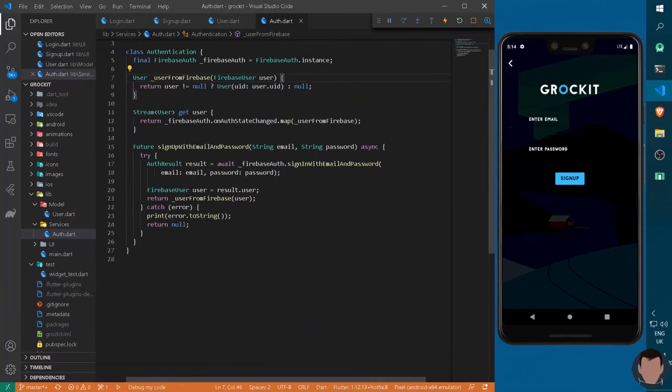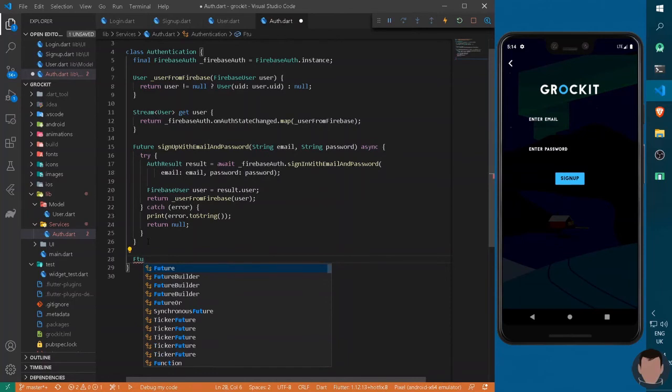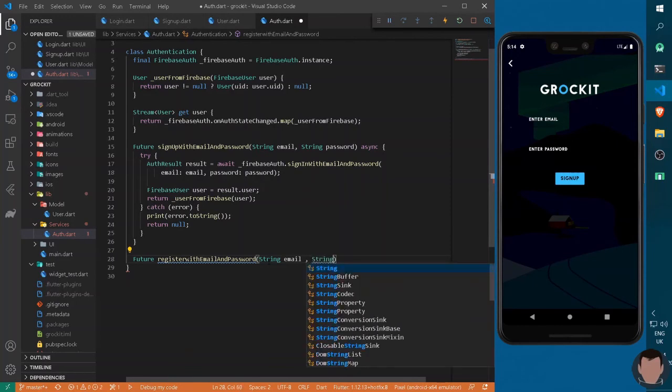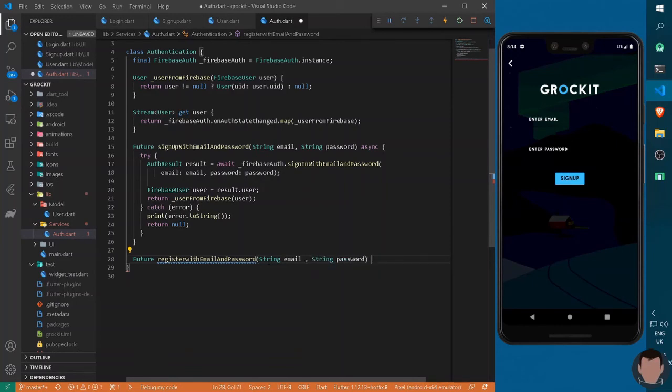And similarly we can construct some more Future methods for registration of a new account. So I can type here Future registerWithEmailAndPassword with a small a. Similarly this method will take a String email as well as a String password, and it will also be asynchronous.